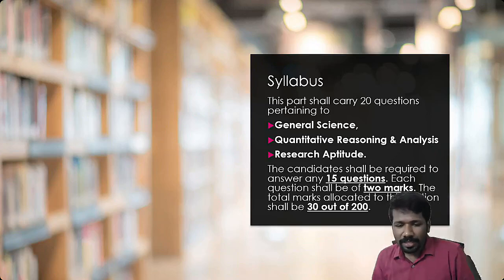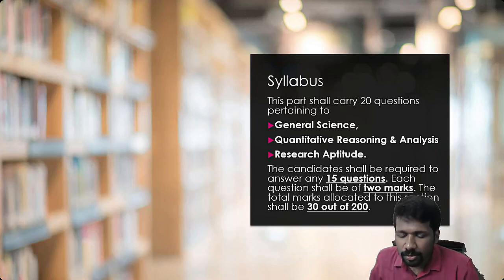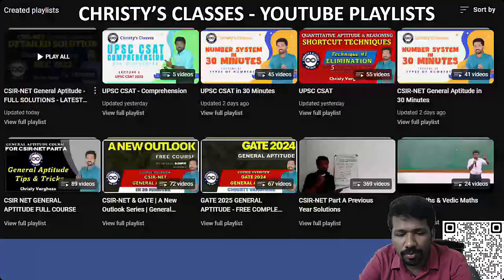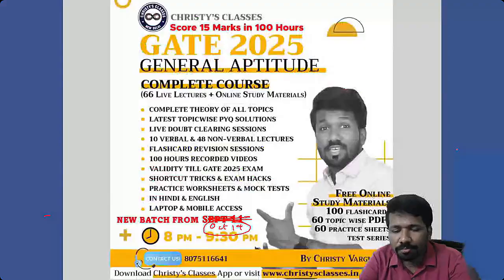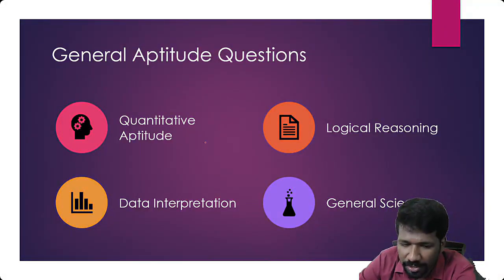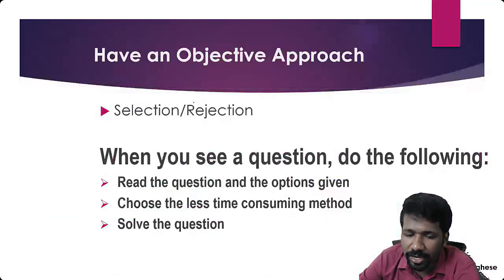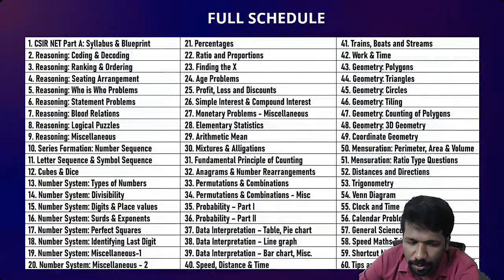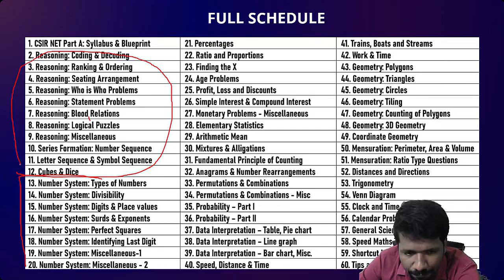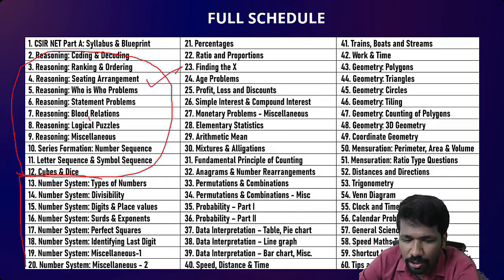Okay, so that's it. And syllabus, yes, Swati, kal we will be starting number system. I will just show you the schedule. CSIR-NET General Aptitude में these are the major areas: quantitative aptitude, logical reasoning, data interpretation and general science. इसमें quantitative aptitude से हम शुरू कर रहा है हमारा course. Quantitative aptitude से मतलब from this lecture onwards. This unit we will be taking after quantitative aptitude. This is the reasoning unit.